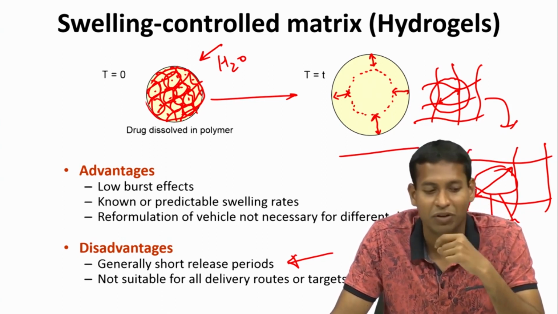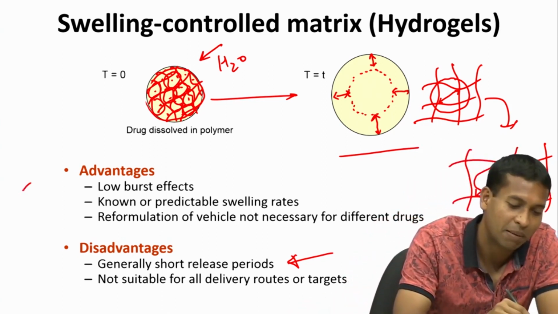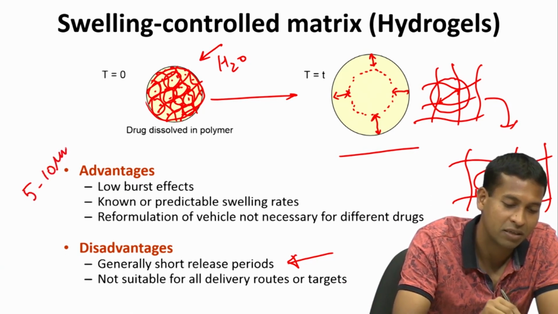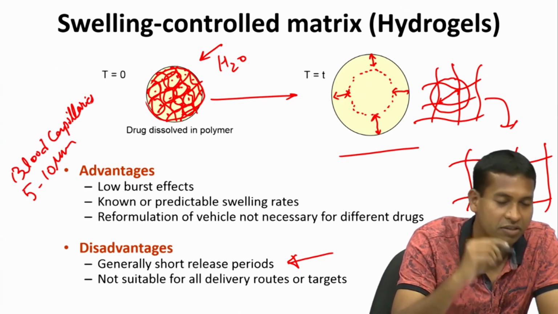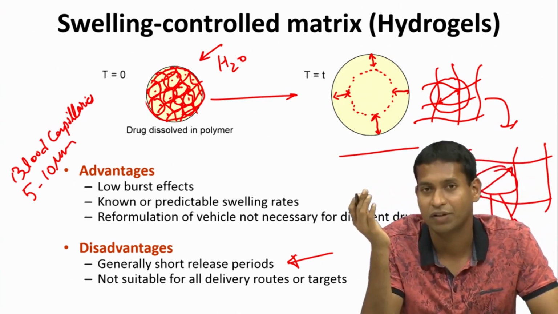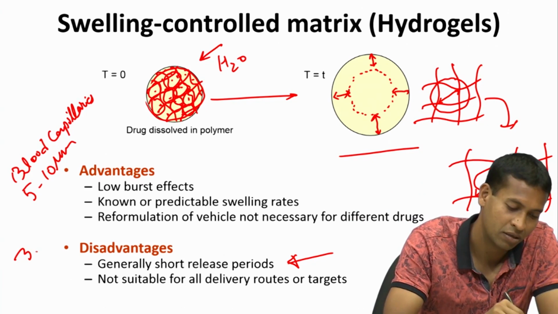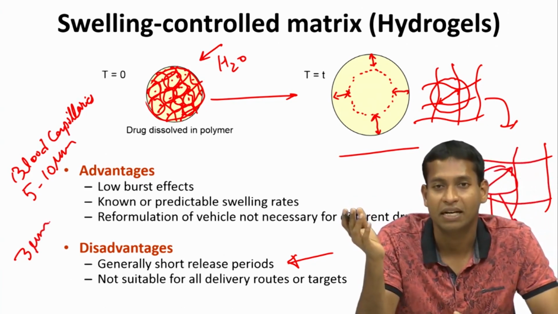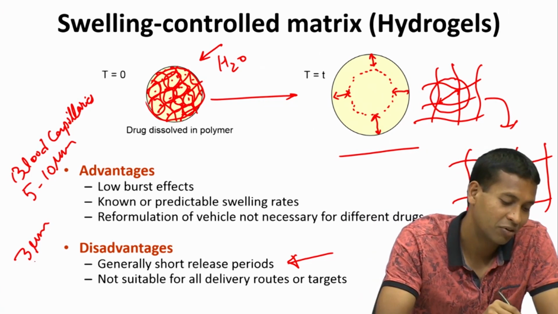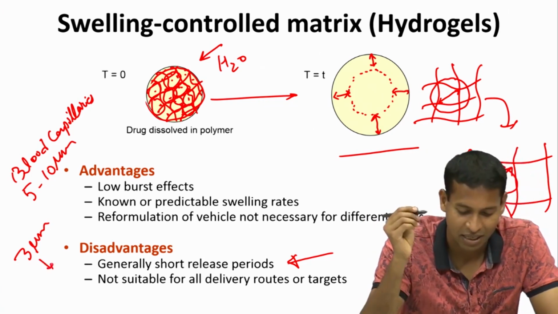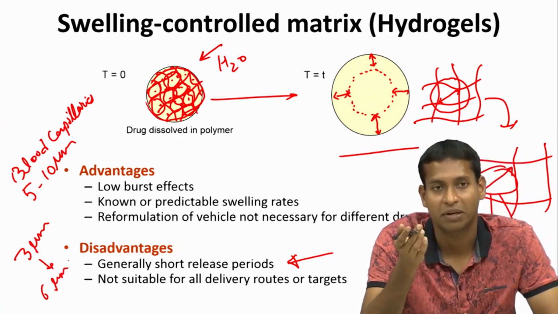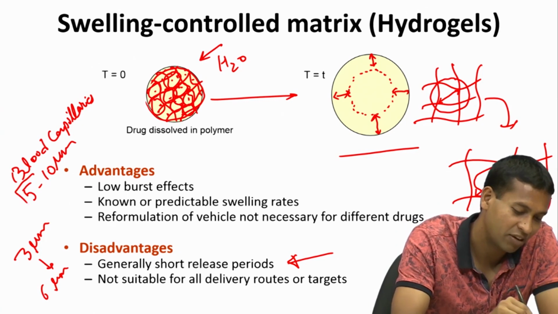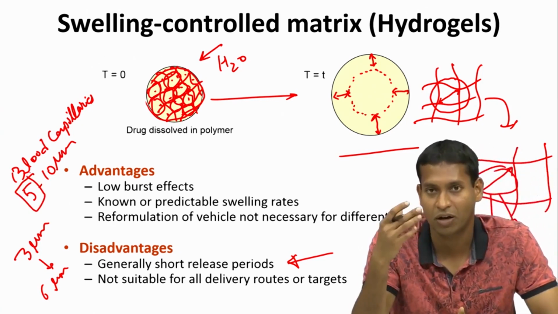Same with the blood vessels, right. We know the smaller capillaries, the blood capillaries, are about 5 to 10 microns. And let us say I have a hydrogel particle which is 3 micron. It is fine to inject that because it is smaller than that, but if I know that this 3 micron is going to increase and become let us say 6 micron, then I can't inject it into the blood, right, because these 5 micron, 6 micron capillaries will get clogged,